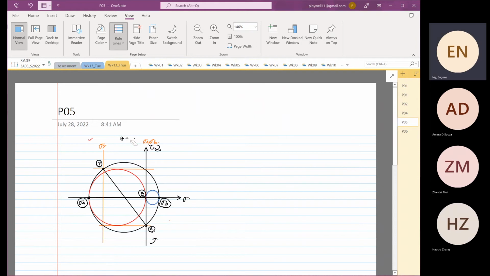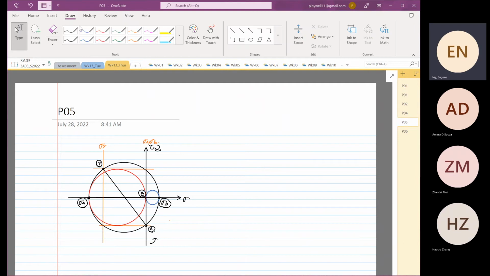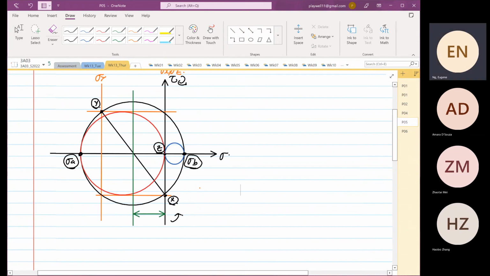So now we can determine our stress average. So where you draw the green line over there, this is our